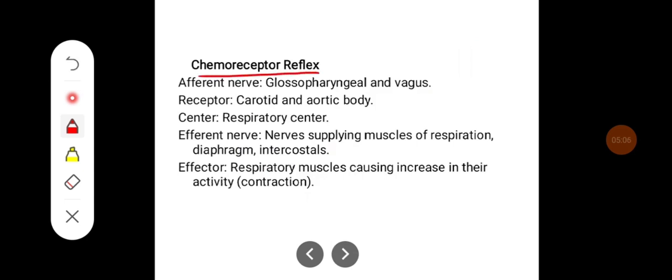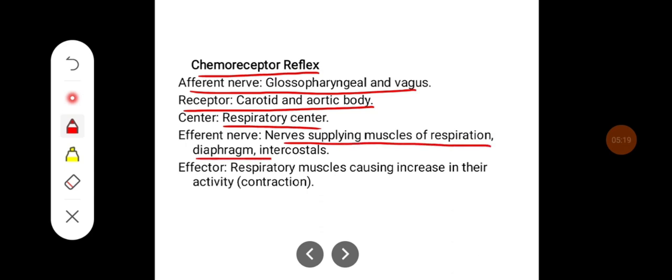Chemoreceptor reflex: here the afferent nerve is glossopharyngeal nerve, and the receptors are carotid and aortic body. The center is respiratory center, and the efferents are the nerves supplying the muscles of respiration, diaphragm and intercostals, whereas effectors are the respiratory muscles causing increase in their